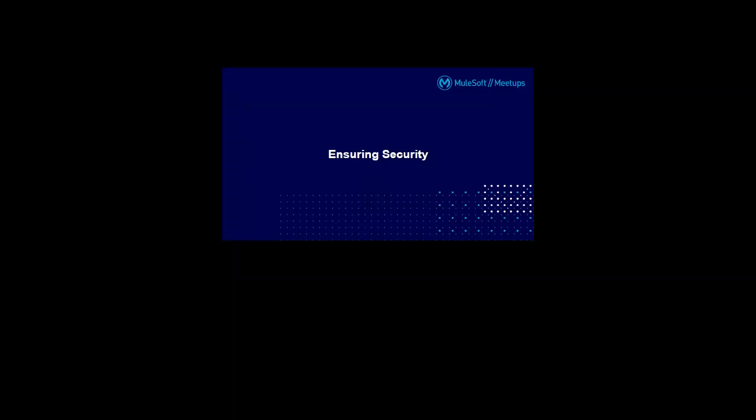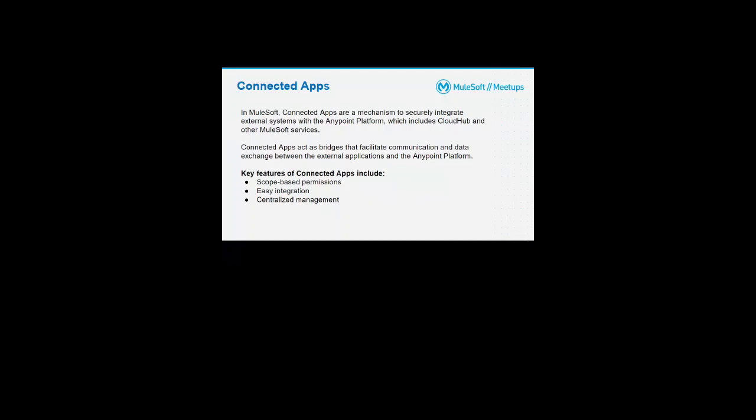Now we are going to ensure the security in our project. For this, we are going to use connected apps and we are not going to use the credentials of our Anypoint platform. So the connected apps feature provides a framework that enables an external application to integrate with Anypoint platform using APIs through OAuth and OpenID Connect. In MuleSoft, connected apps are a mechanism to securely integrate external services with Anypoint platform, which includes CloudHub and other MuleSoft